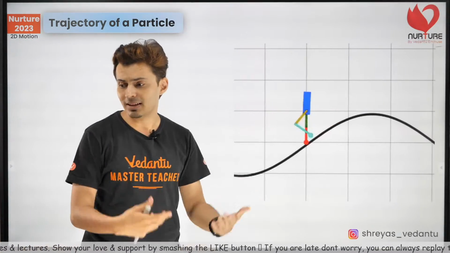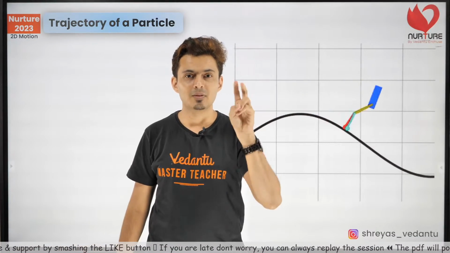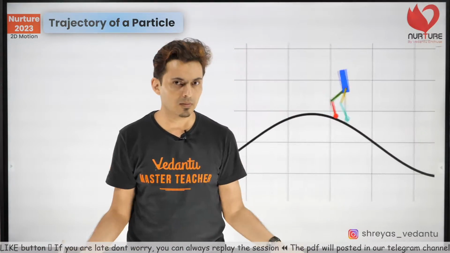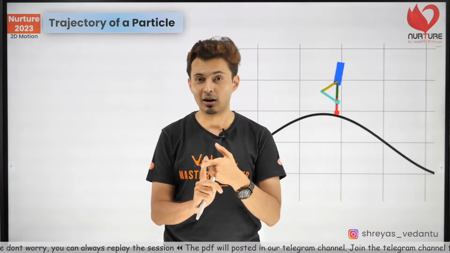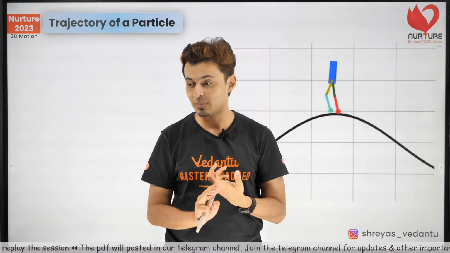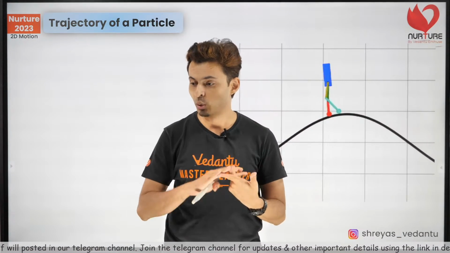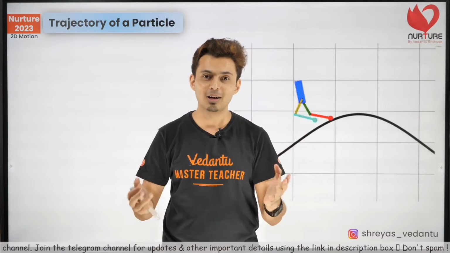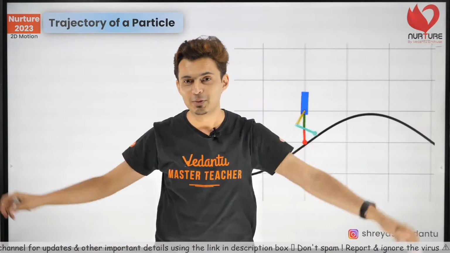So how to know whether it's a parabola or something else? See, for a straight line, the degree of the equation is 1. If the degree of the equation is 2, it's a parabola. If it is anything else, then it is some curve. And in maths, you're going to study special curves like hyperbola, circle, and ellipse. So you're going to study parabola, hyperbola, and so on. All these you are going to study in conic sections, and many more curves you will learn in 12th standard. Don't worry about it in maths. There is a special unit for that.